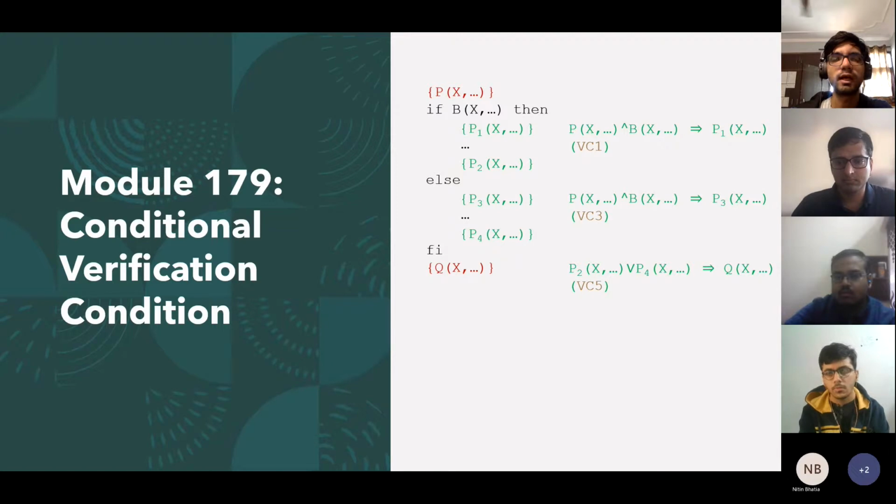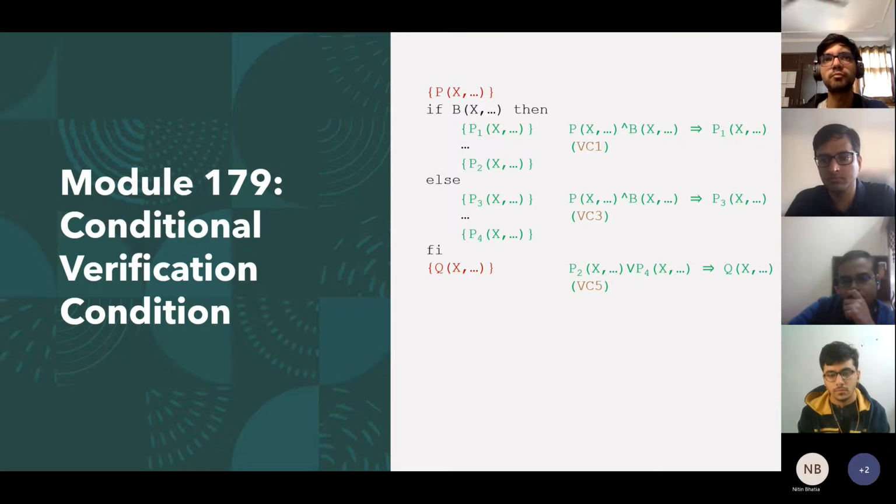Then for the P3 condition, we can have the verification condition 3, that if P holds and... I think there is a misprint here, so it should be not of B. So we enter the else clause if B doesn't hold. So if we have that P holds and B doesn't hold, then P3 holds. And so this is verification condition 3, and we will similarly have verification condition 4 that relates P3